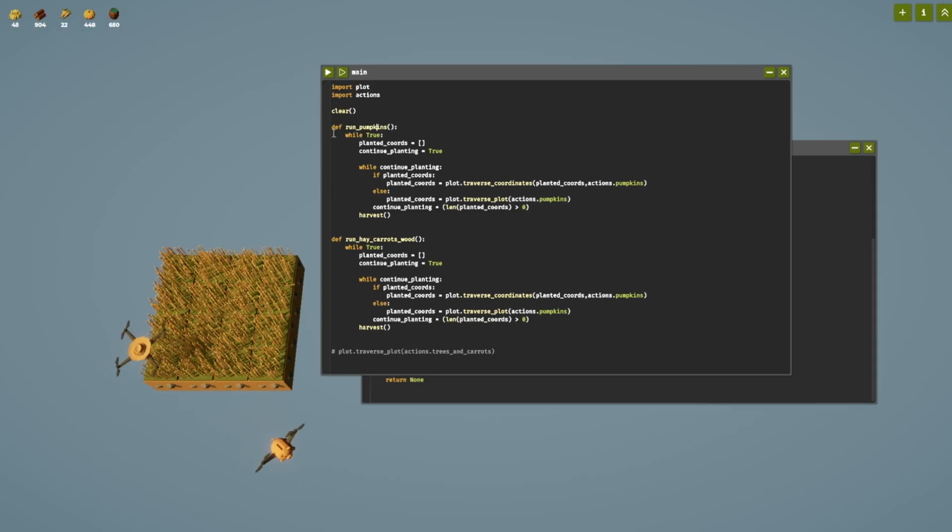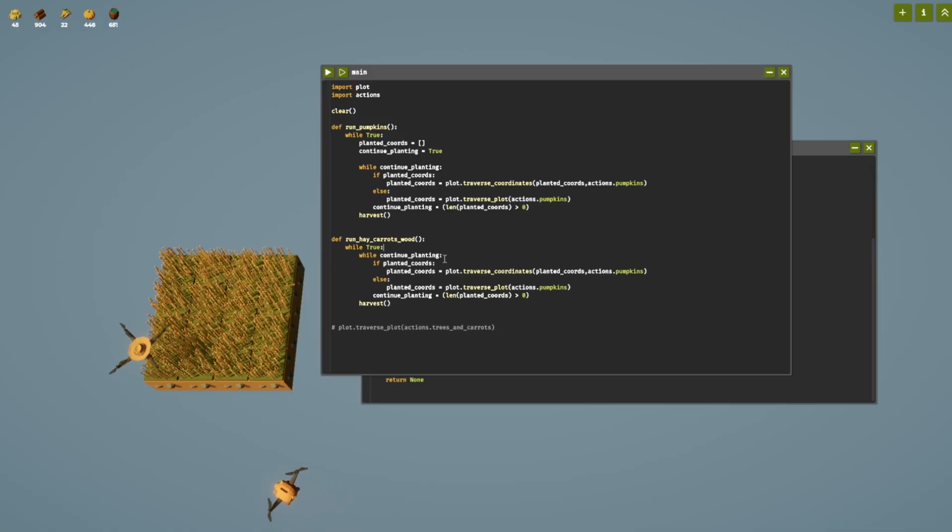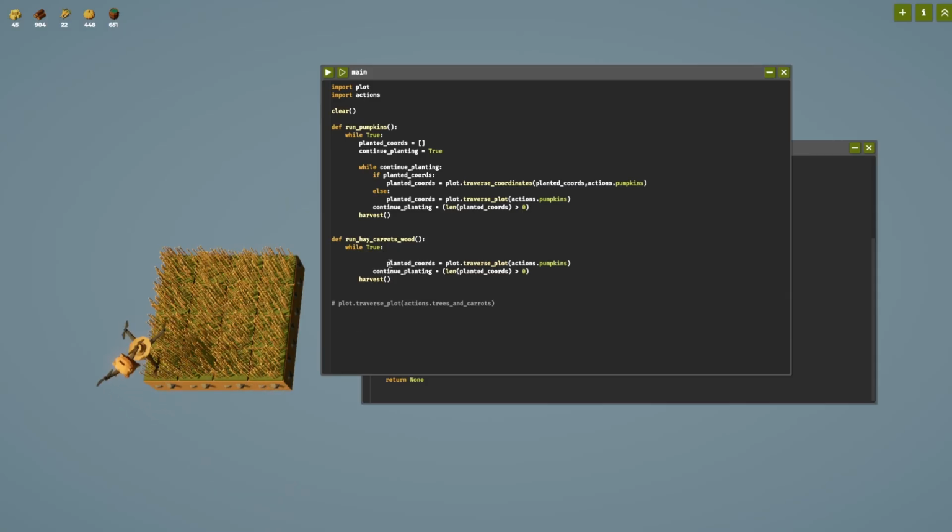So we have our pumpkins one, which is what we were just working on. We have our hay, carrots, and wood, which is our new one. So this current action doesn't actually require anything. It's basically just a while true, and there's no traversing of coordinates here. It's just, plant things. And we're always going to continue doing that. Our action is going to handle everything else. So our action takes care of everything, whereas pumpkins, we have a bit of extra logic because we have to